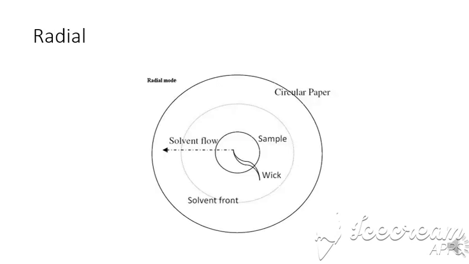The third type is radial chromatography. This is also very important. Here it's a Whatman filter paper, just like that. As you have seen in the picture, you place the sample in the middle, make a hole and place a wick inside it. Now take a china dish, used for biological purposes, a capped china dish. First of all, put the sample in the middle, put this filter paper on the china dish and leave it for some time.